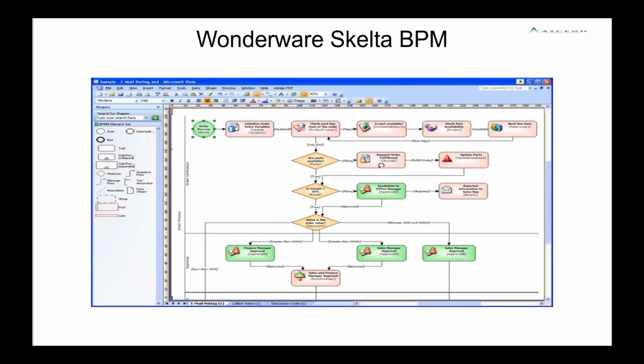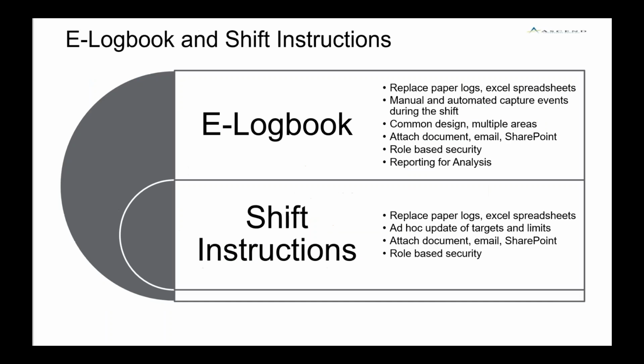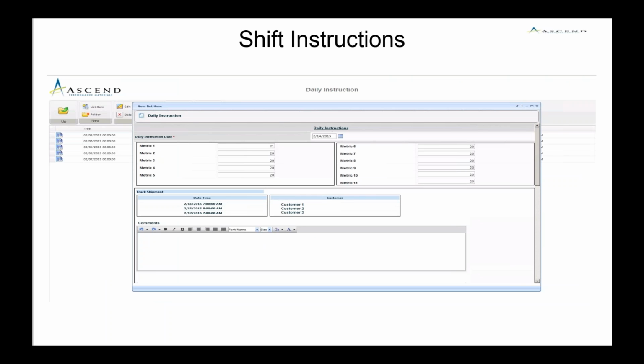Derek, anything to add in general about the advantages of having workflow? Yeah, so the Skelta BPM solution is a very robust, mature solution. Ascend is using it to standardize and institutionalize certain actions and activities that they have going on around their e-logbook and shift reports and instructions. There really is a lot of opportunity for workflow at Ascend, and there's ongoing discussions around other ways that they